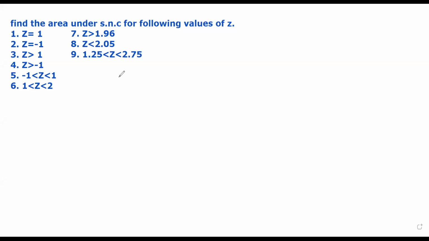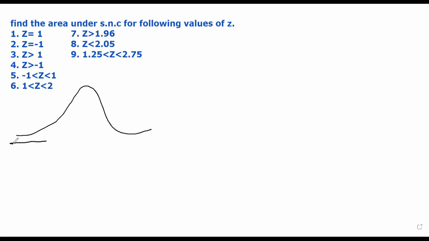So when we are talking about finding out the probability using Z table, we should actually learn how to find the area under standard normal curve when the value of Z is already given. So we will take this example, find the area under standard normal curve for the value of Z. So first Z is equals to 1. If I say that I want an area for Z is equals to 1, it actually means I want an area between Z is equals to 0 and Z is equals to 1.